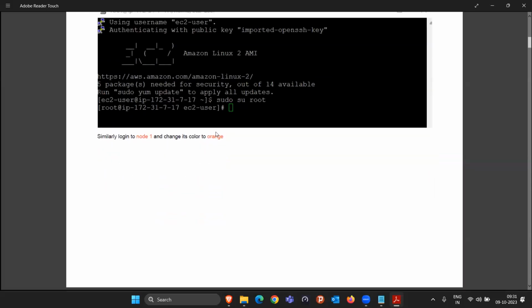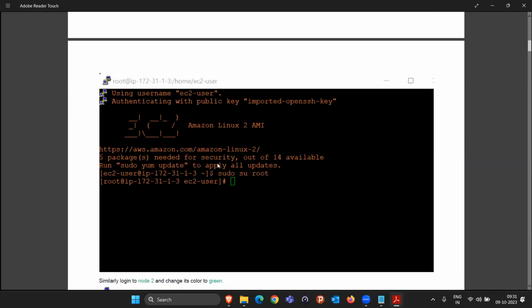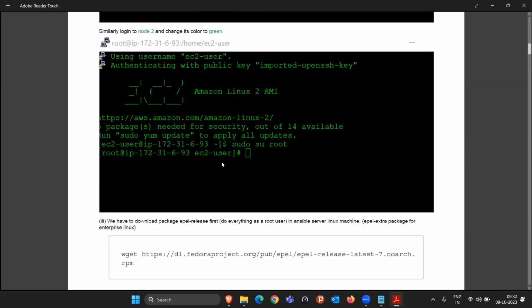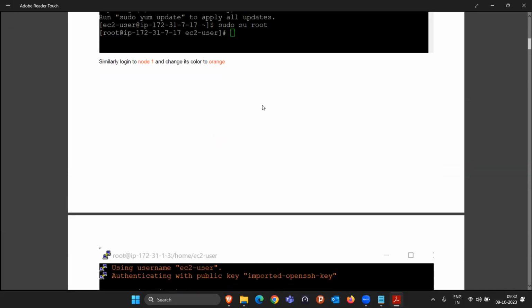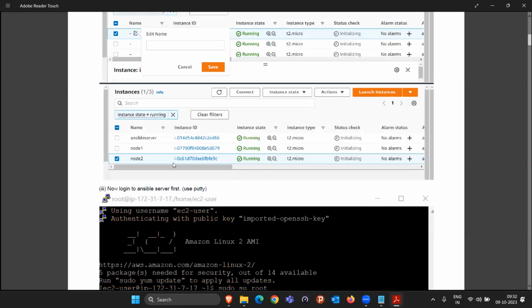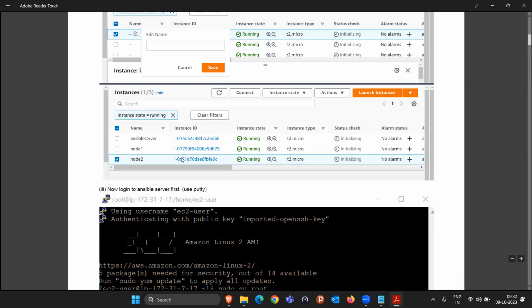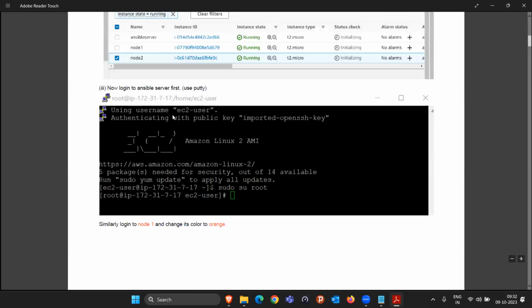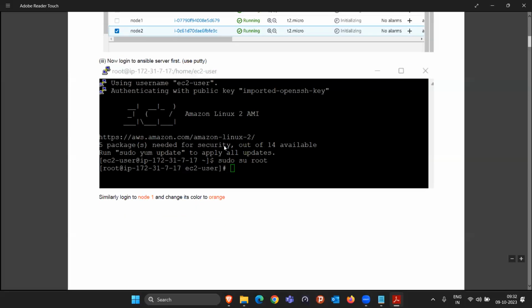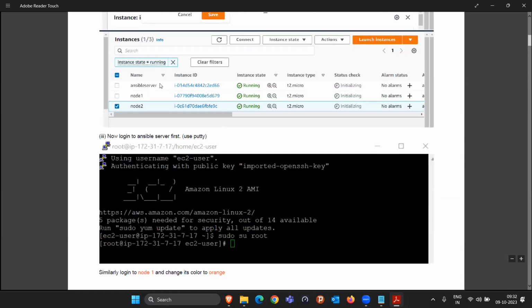Second thing, whenever you are seeing a screenshot in orange color, that means this is worker node 1. And whenever you are seeing a screenshot in green color, that means it is node 2. Why? Because there are so many screenshots going to come in the picture, and we are going to work parallelly on the three machines. You will get confused about which command to run in which machine. That's why I took the screenshots this way. If it is in white color, make sure that this is the master machine.